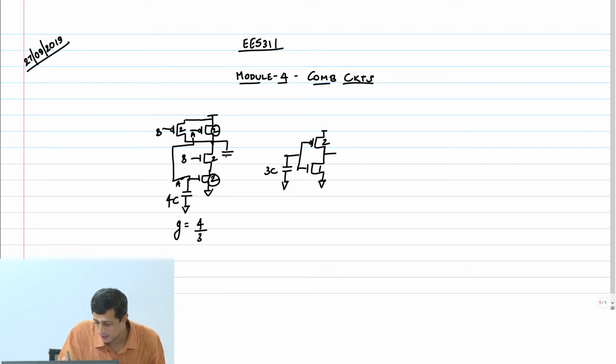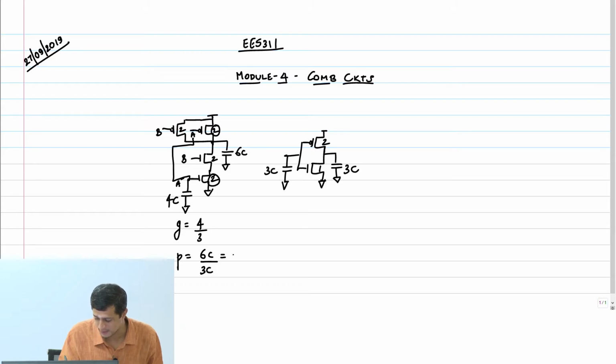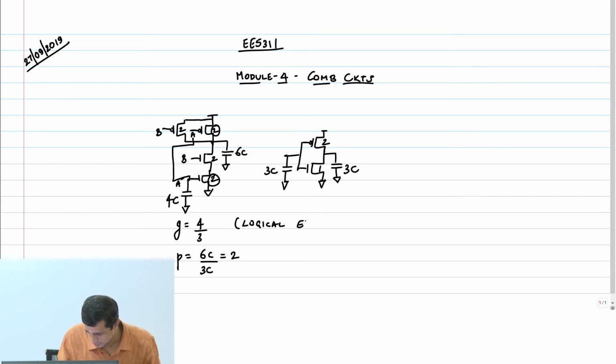What about the parasitic effort, or the parasitic delay? If you look at the output diffusion capacitance, it is 6C here and 3C for the inverter. Therefore, P is going to be 6C by 3C, which is equal to 2. Logical effort we denote by G, and the normalized parasitic delay we also call parasitic effort, P. This is the logical effort